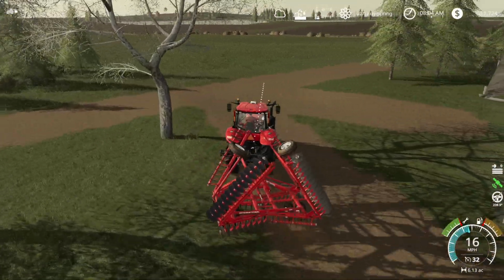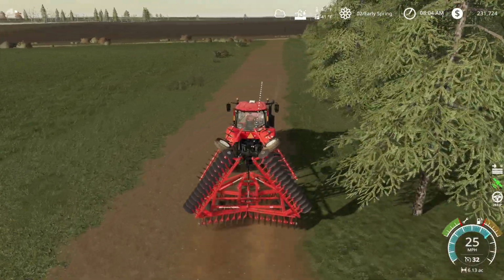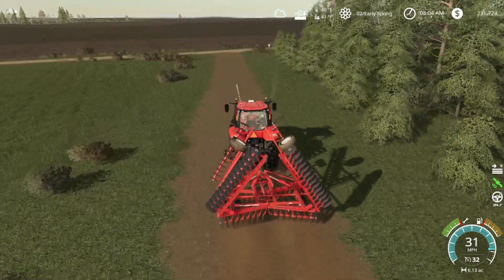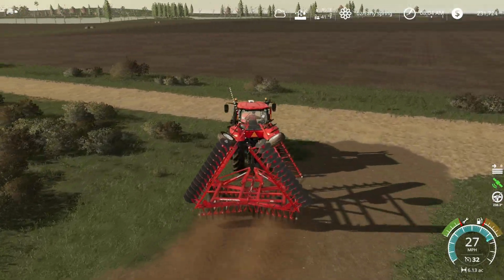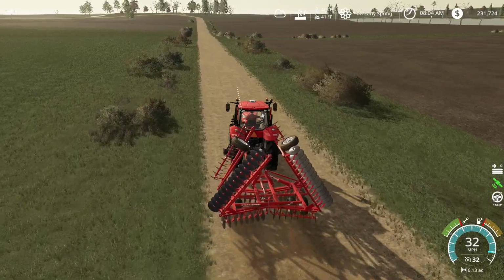when you're creating a field, if you want to create a certain size, when you're doing someone else's work for them and it says it's 49 acres, you know that we've already done 6. I also downloaded the mod that you can adjust the speed of your implement,